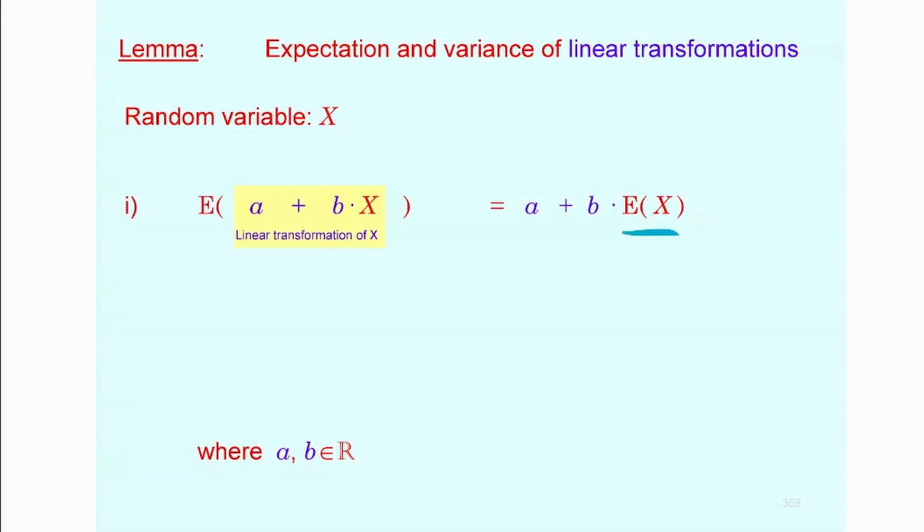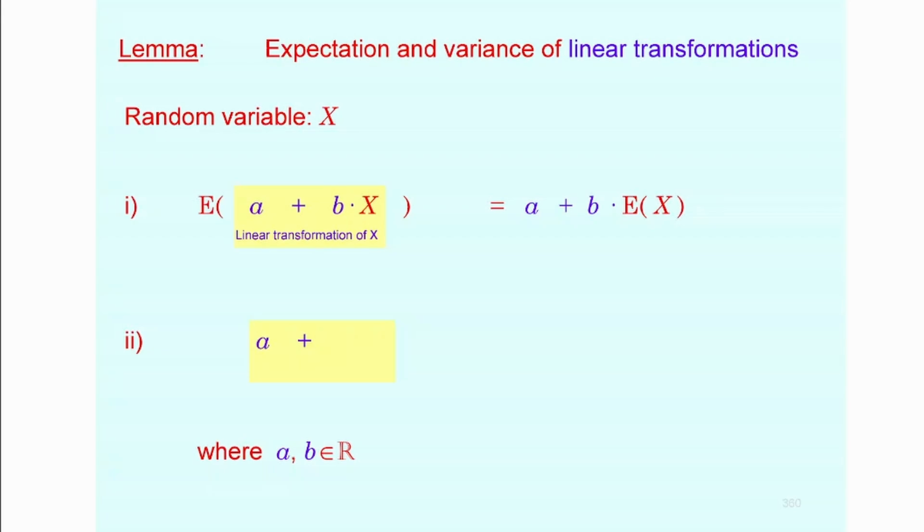So, I mean, if everybody doubles their income, the average income is also going to double. And if everybody increases his or her income by, let's say, 50,000 a year or so, then the average income is going to be increased by 50,000. So it's not a surprise, actually, that this is true. You could confirm this relatively easily when you look at the definitions that I just gave you, all right?